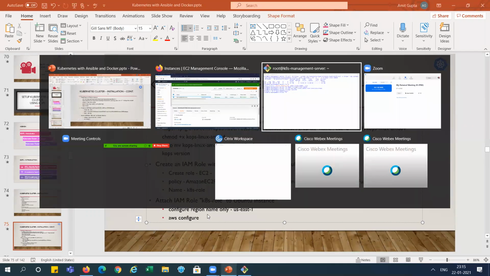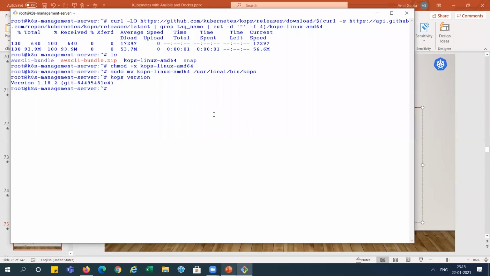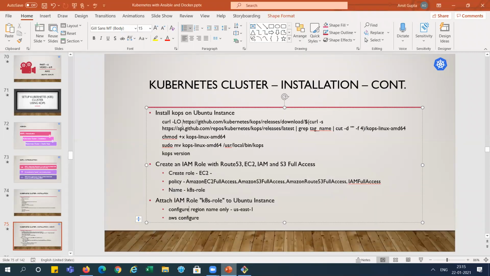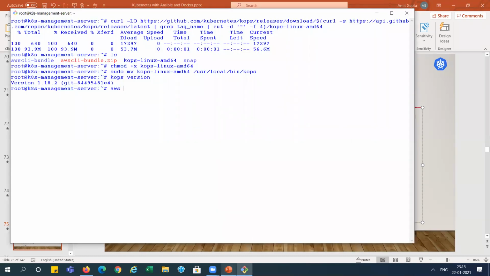Now we can see here aws configure. We need to configure here. Actually, we have already assigned the role to the instance, so we don't need to provide the access key ID and secret access key here. We are not providing them. But I will give the region name.